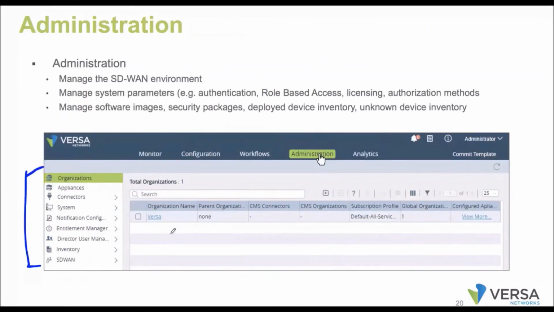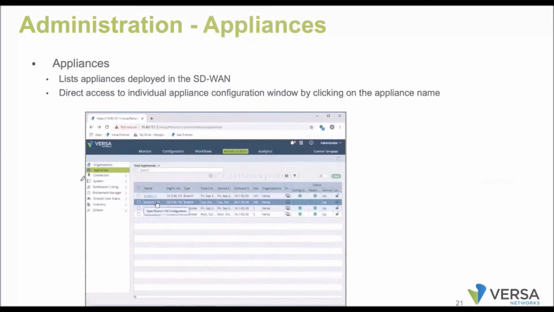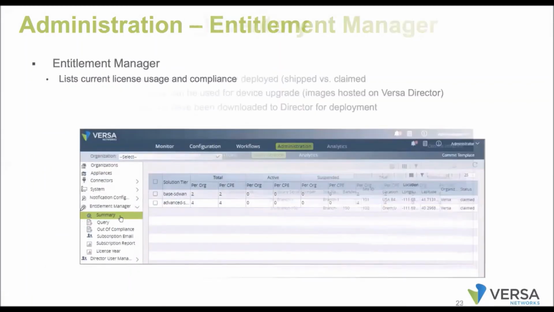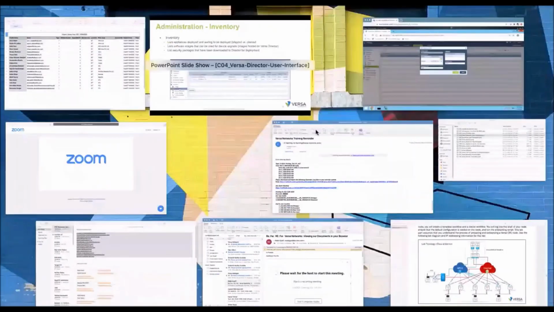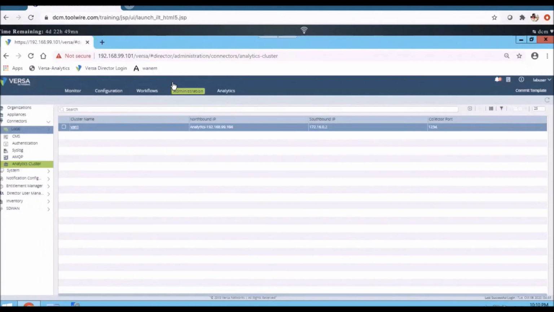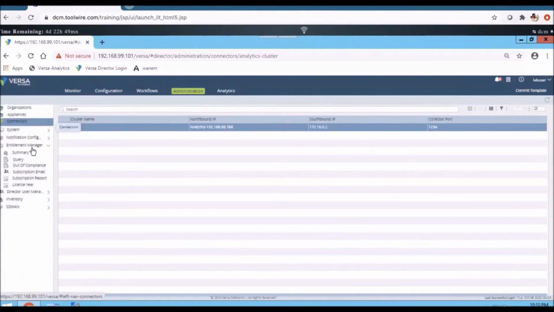All the director related UI, we are going to find as a part of the administration tab. We covered the appliances. This is one more option on the director, which is the entitlement history. Here I wanted to see the entitlement summary.